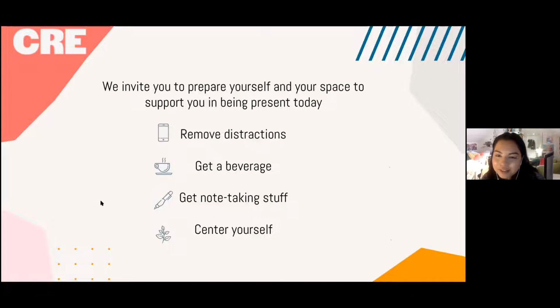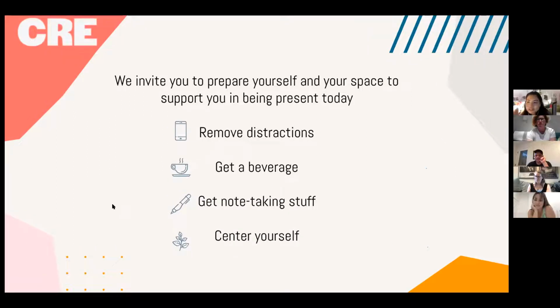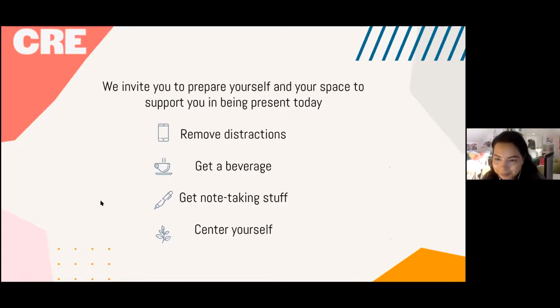You might want to get a beverage or note-taking stuff, and just a reminder to center yourself throughout this workshop. We could get into some potentially triggering things, and I just want to remind you that it's completely okay to step away from this workshop if you feel like you need to, or if something else comes up, if you need to go to the bathroom, you can do that. That's no problem at all.